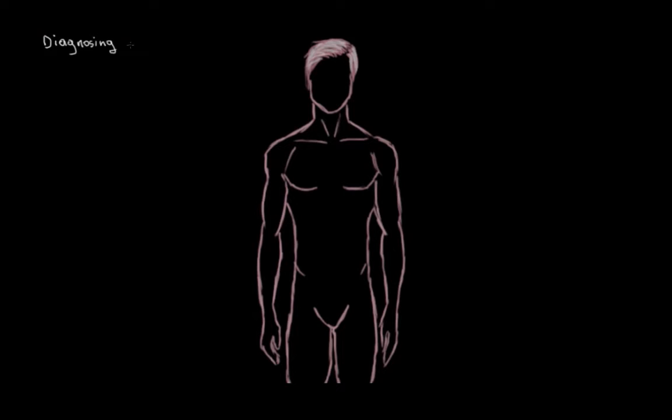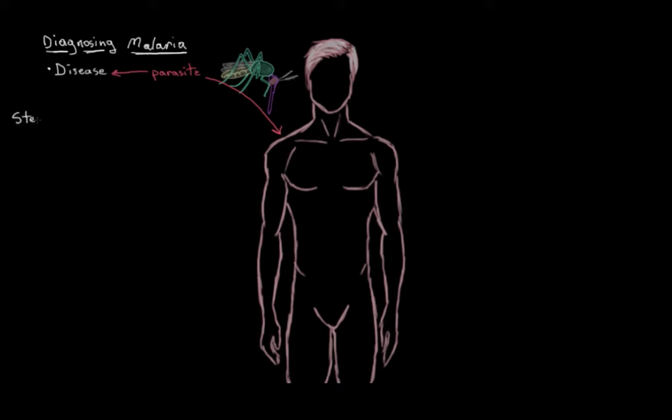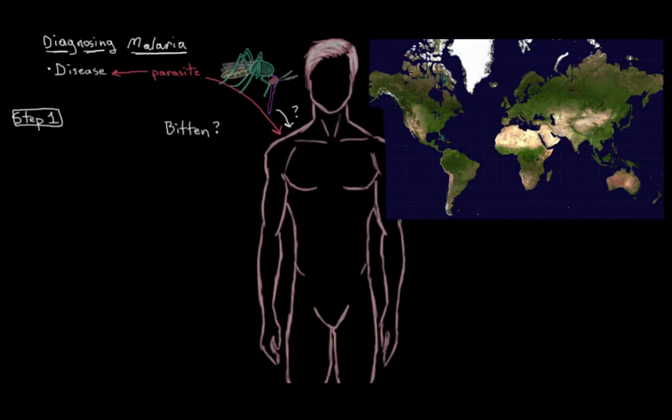How is malaria diagnosed? Well, we can think about it basically as a three-step process. So remember that malaria is a disease caused by a parasite that's usually transmitted to humans through bites from infected mosquitoes. So if we want to know if someone has malaria, we might start by asking them if they've been bitten, or if they've been to anywhere that infected mosquitoes are known to hang around, like in certain tropical or